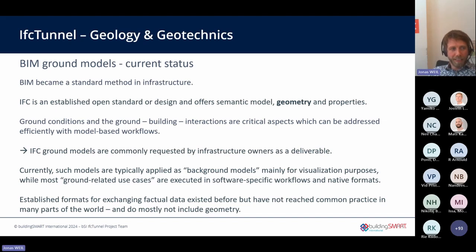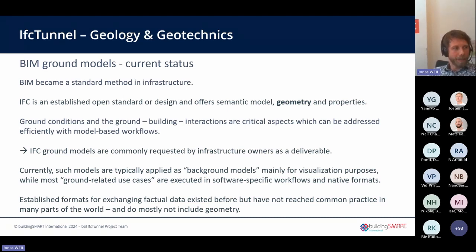One benefit is that it includes the geometry along with properties and a detailed semantic model for buildings and many other things, equipment and so on. So far, ground models have not really been supported by this scheme.